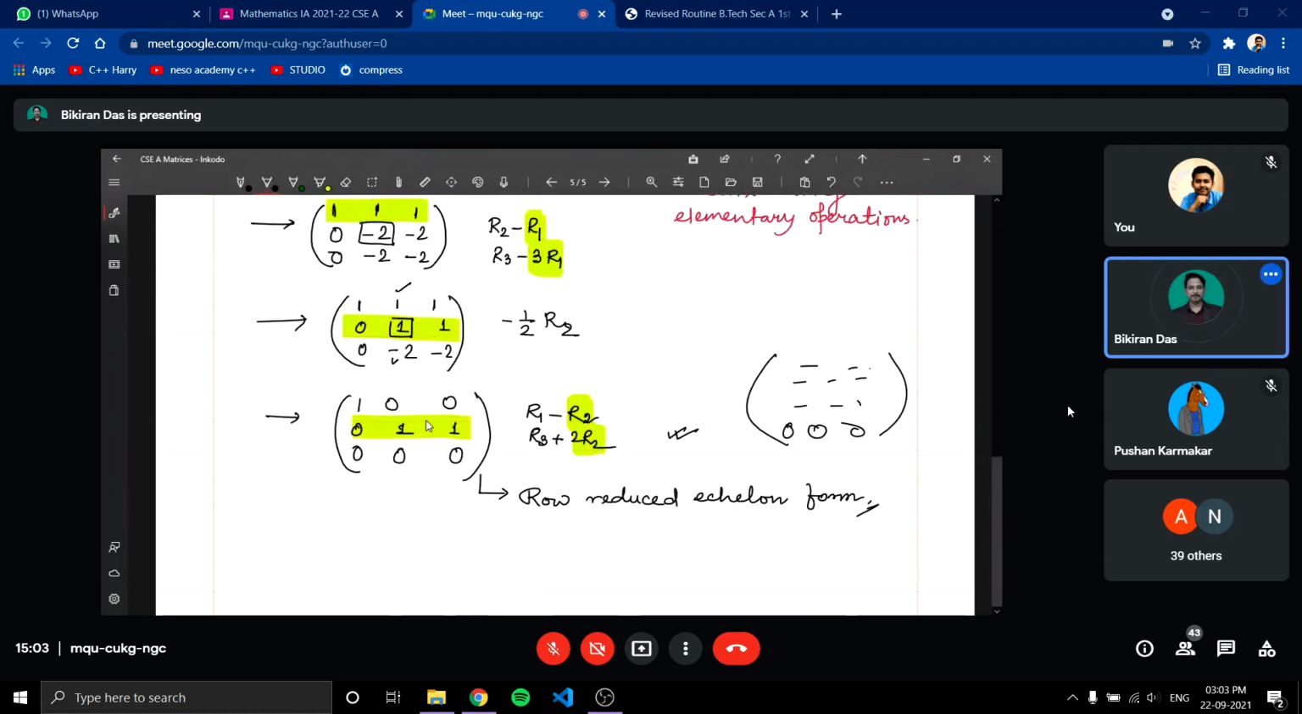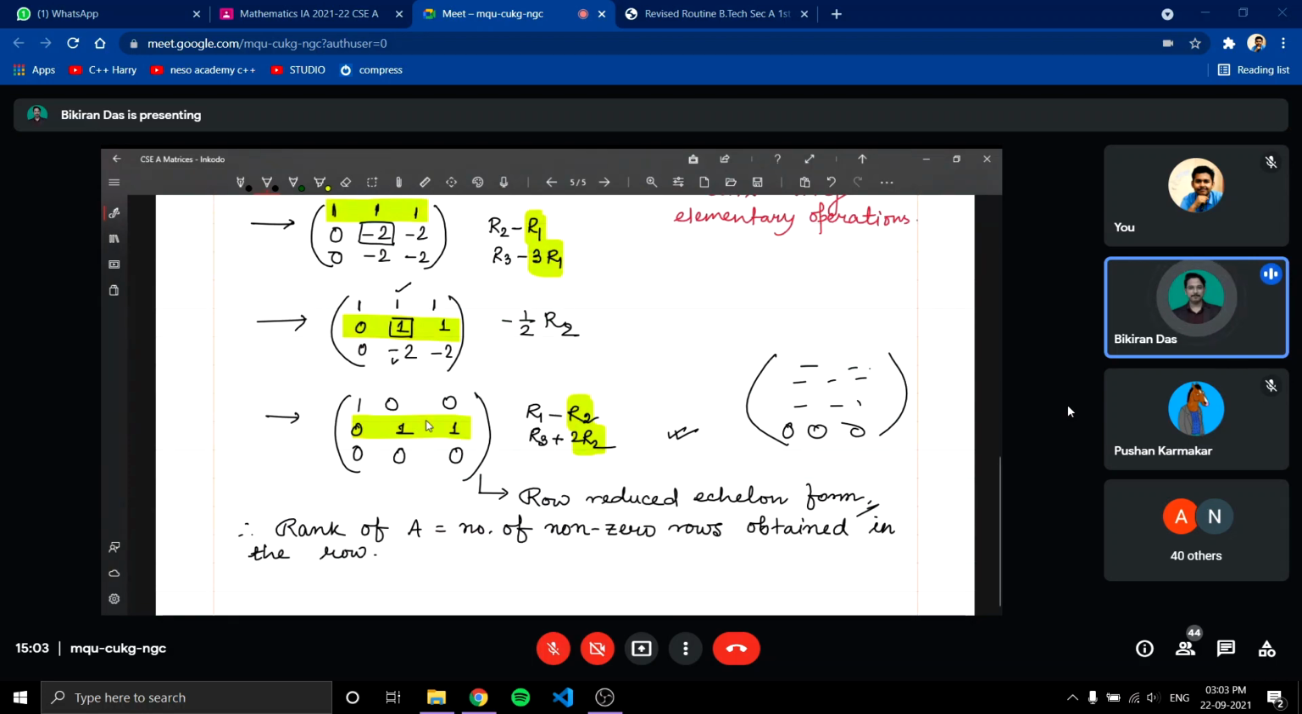And from this we can say that the rank of A is nothing but the number of non-zero rows obtained in the row reduced echelon form of A. And what is the number of non-zero rows you got? This is a non-zero row, and the second one is a